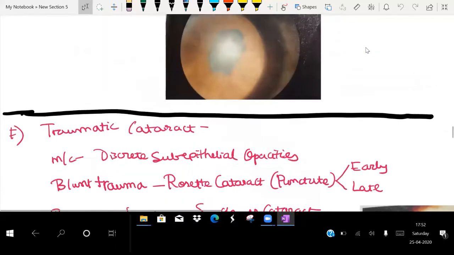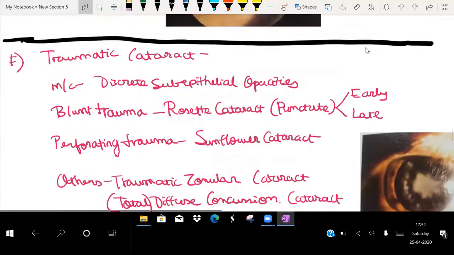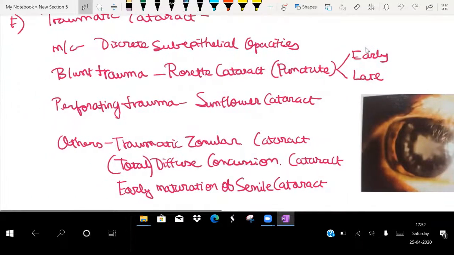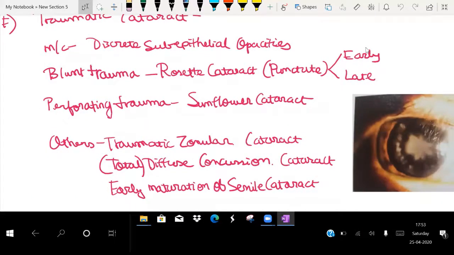And last but not the least is the traumatic cataract. Most common we can see is the discrete subepithelial opacities. Under blunt trauma, we can see a rosette cataract, which can be early or late. So this is the image. Under perforating trauma, we can see a sunflower type of cataract, the image we had seen earlier. And others, we can have traumatic zonular cataract, diffuse concussion cataract, and early maturation of the